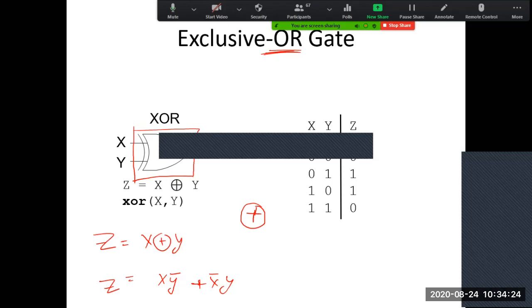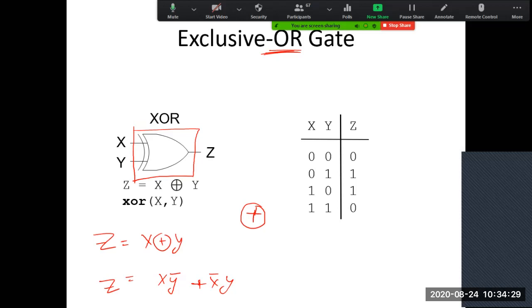This is the exclusive OR gate, and basically we are using exclusive OR and exclusive NOR gates in operations where we are dealing with some mathematical operation. Whenever we are designing mathematical operations, like in the case of adder and subtractor, we use exclusive OR in place of basic gates to reduce our circuitry size.